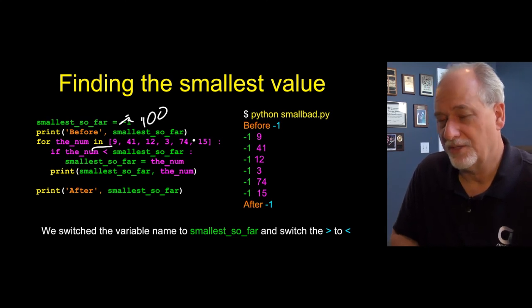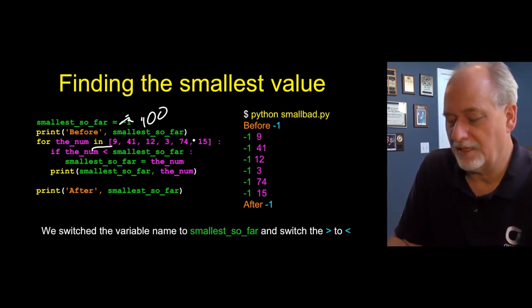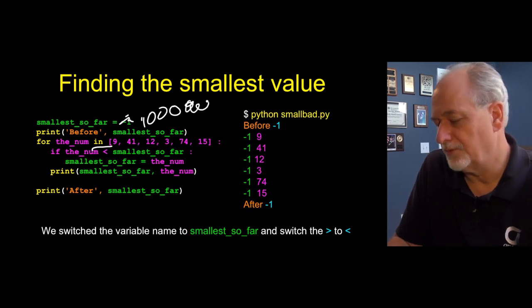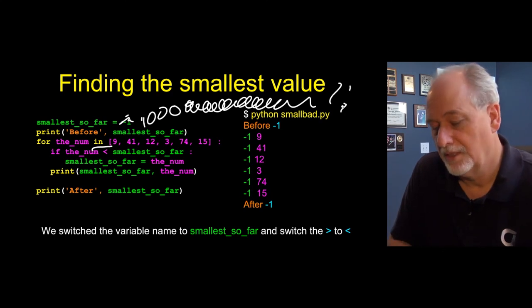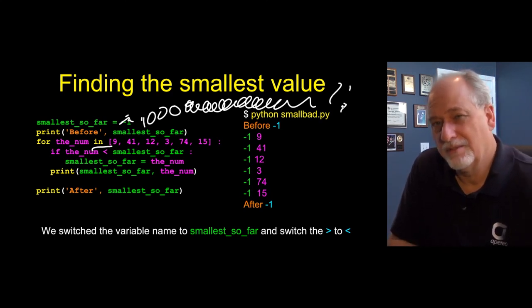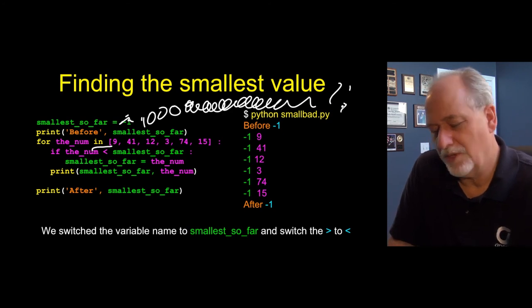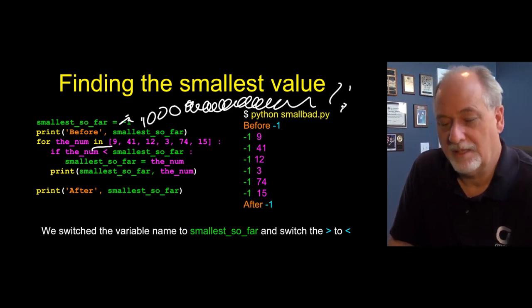So maybe 100's a good number to start with, or maybe like 1,000 or 10,000, or like some number with lots of zeros in it. How big should we make this? And the answer is we're kind of solving this problem the wrong way. And the thing we really want to do to solve the problem is